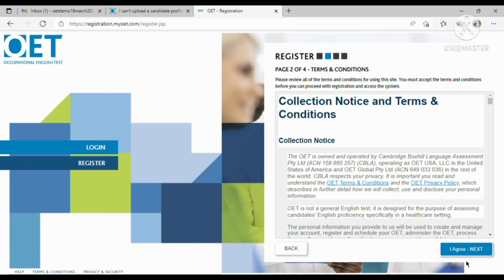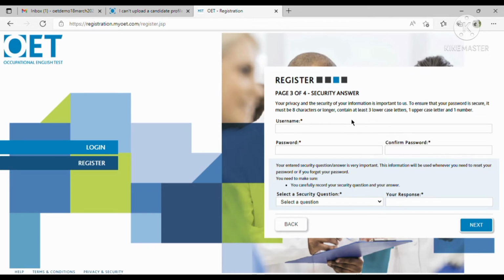So after clicking the next button, you need to agree to the terms and conditions. Just click on agree terms and conditions, and now type a username. Make sure when you type in the username, you remember it. So just write down the username before typing it. Let's say I'm making a username OET